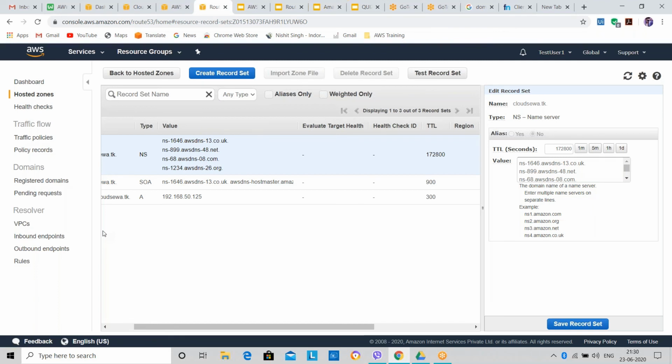Manoj, if you are using the free one, in that case also you have to copy the name server. If you are using GoDaddy, in that case also you have to copy paste the name server. If you are using hosting, in that case also you have to copy the name servers, because without name servers